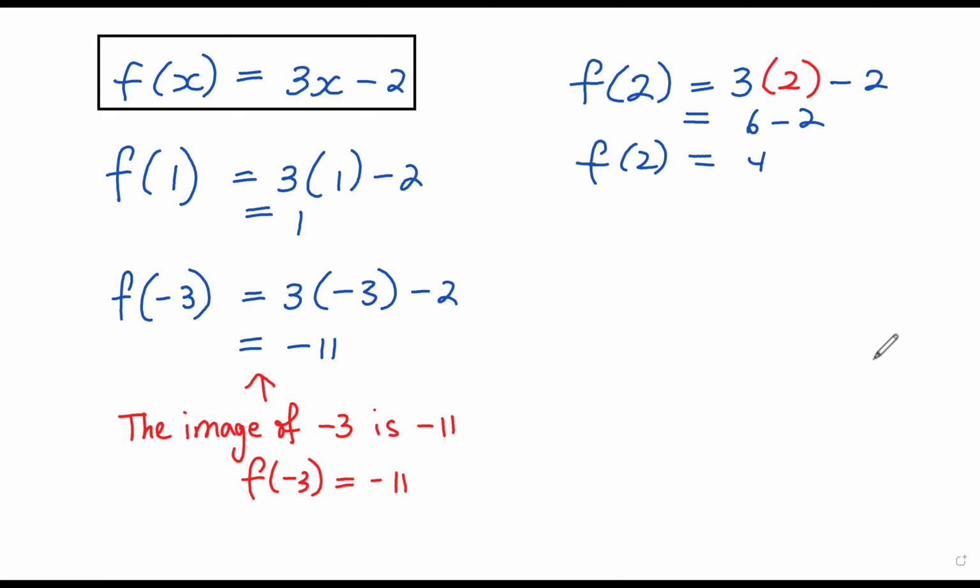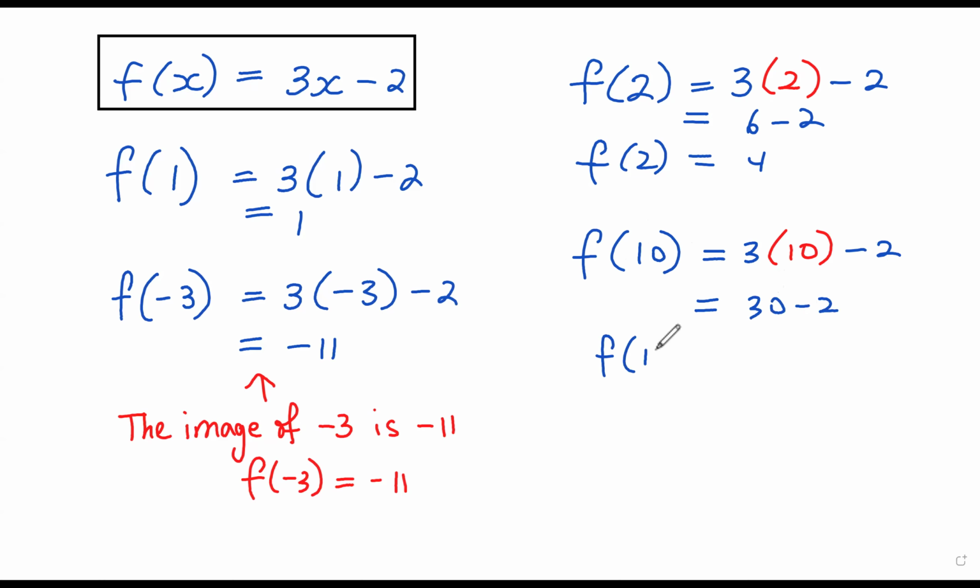So let's do one. Let me give you another one, right? If I wanted to know f of 10, what would it be? So this is when x is 10. So what would be my first line? 3 times 10, that's 10 in brackets, minus 2. That's right. Which will be equal to 30 minus 2. So the final answer, f of 10, is equal to